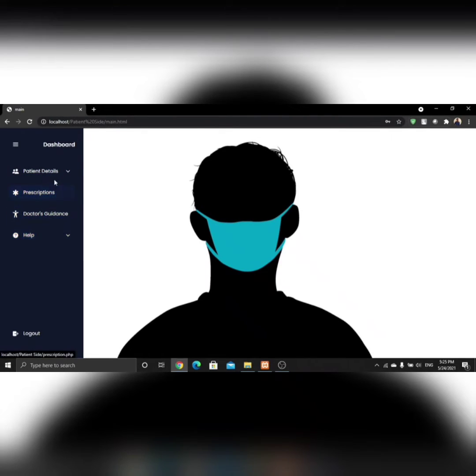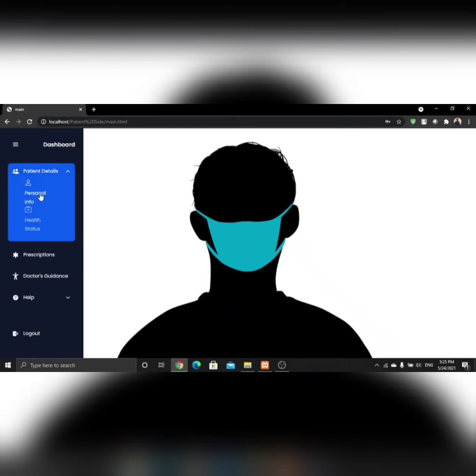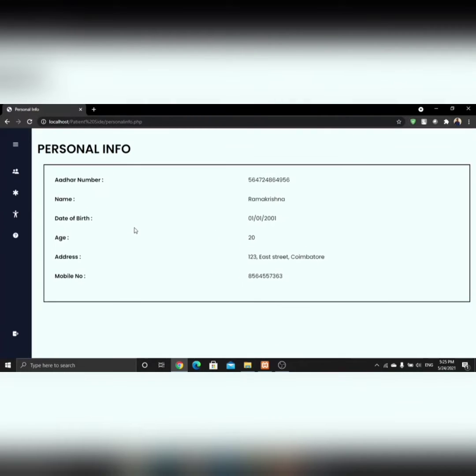When you click patient details and personal info, the personal information of the patient will be displayed.